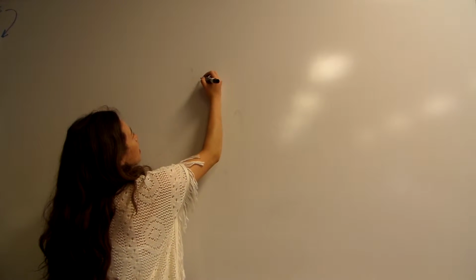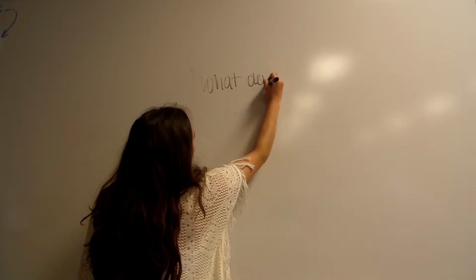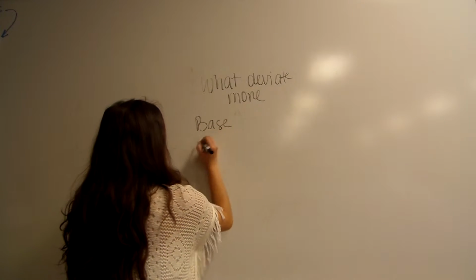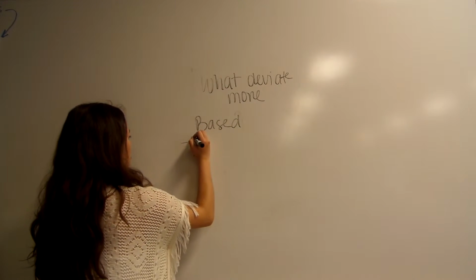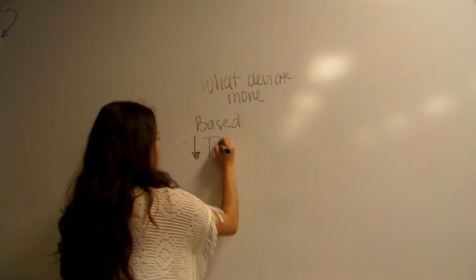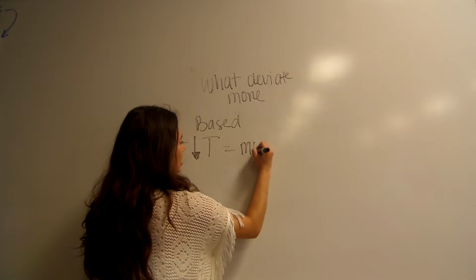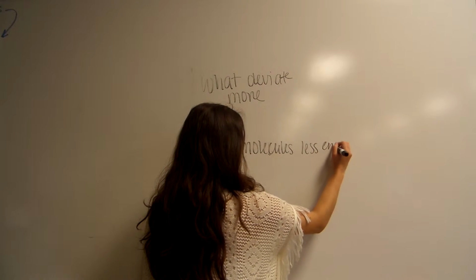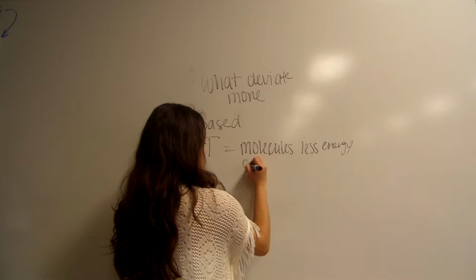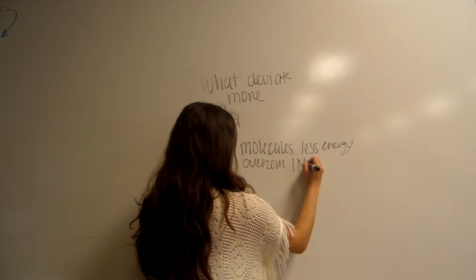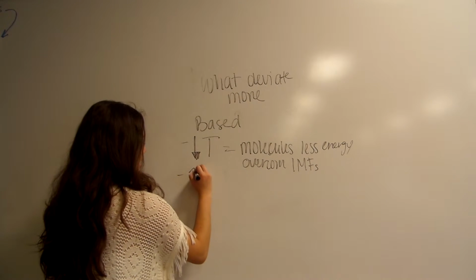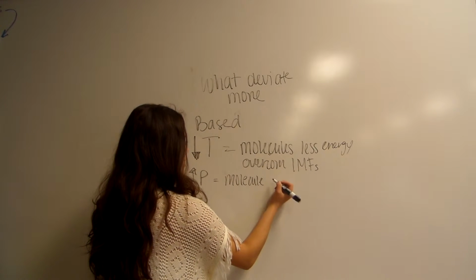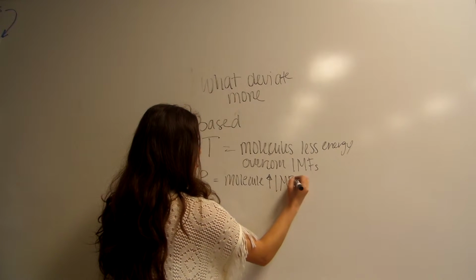So for the ideal gas law, we have to figure out what deviates more. Deviations are based off of a lower temperature, because that gives the molecules less energy to overcome IMFs, a higher pressure, because that gives molecules an increased strength in their IMFs,